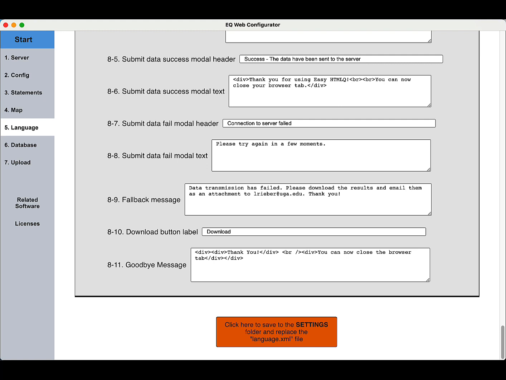Okay, I'm going to stop here with making changes. And what I want to do to end this video is to do a little test just to see how it all looks. Now you might notice that there are two more important steps, database and upload. Database is how to set up a database that's going to be on the internet that is going to be where my data is going to be stored when people are completing my Q-sort. And then the upload step is going to be putting all of these files that I've been changing. In fact, all of the